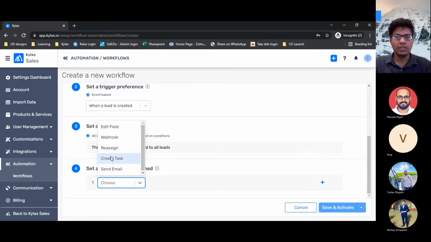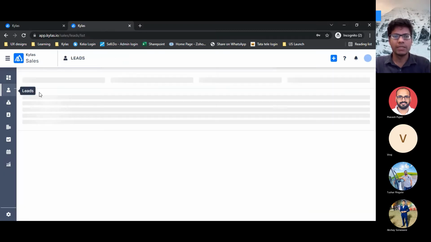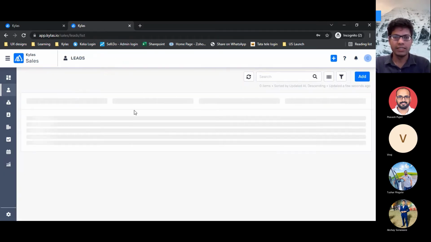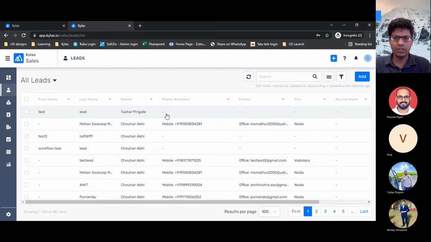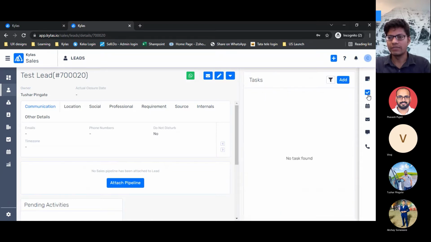So let's talk about tasks. Okay. So how tasks are created in Kailash manually first. For example, if I am on a lead details page or a contact details page or a deals details page, right? So this is how the details page looks. And if you navigate on the right hand side navigation, you will see there is the icon of task, and when we click on that there is a list of tasks shown which is associated with this lead, right? So I can create a new task also.